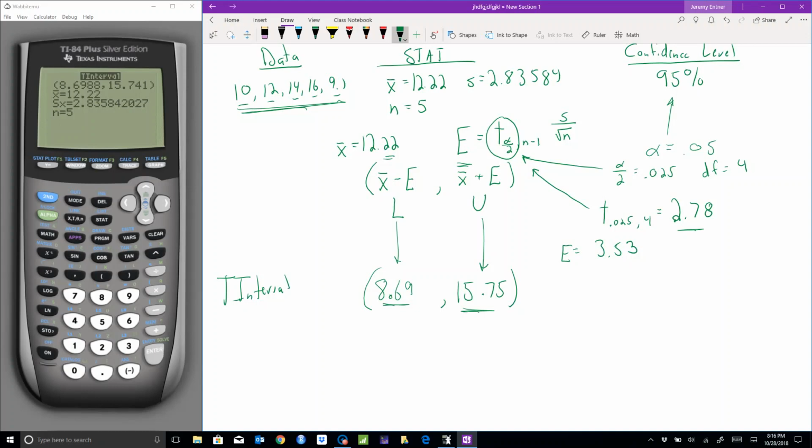Right. Now, this was all done using the calculator, and if I had a list of data, you'll notice on the calculator it actually calculated the sample mean and the sample standard deviation for you right there. Now, supposing you're given these numbers, you'd do the exact same thing almost. If you weren't given the data, but you were given the mean and the sample standard deviation and your sample size, you'd hit on Stat again, you'd go over to Tests, and again you'd go down to the T interval,